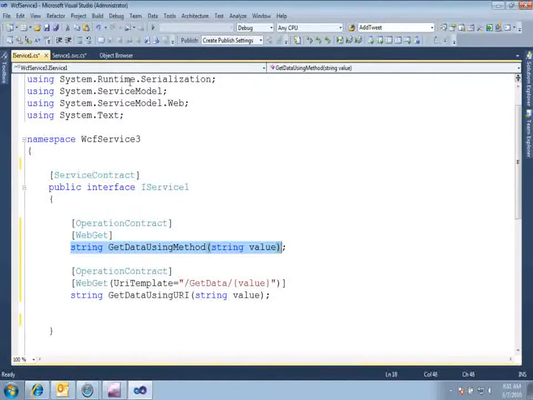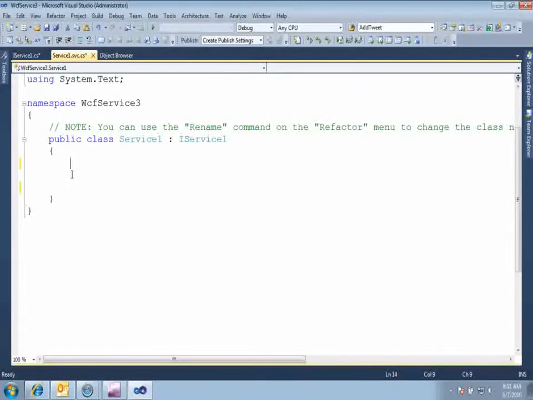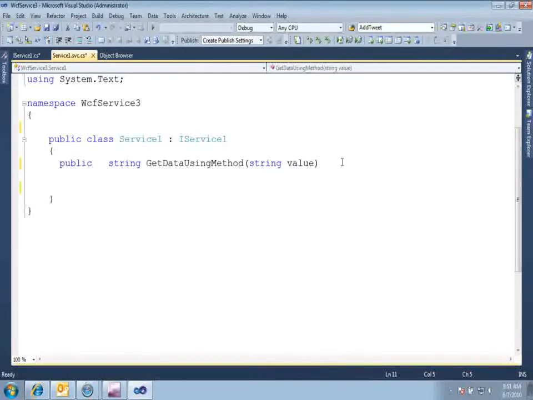Now go ahead and implement this service, implement this method in our service class, and here just make it public, just give the default code, and here you can return, this is a method name, right? Return value I am returned by method name.